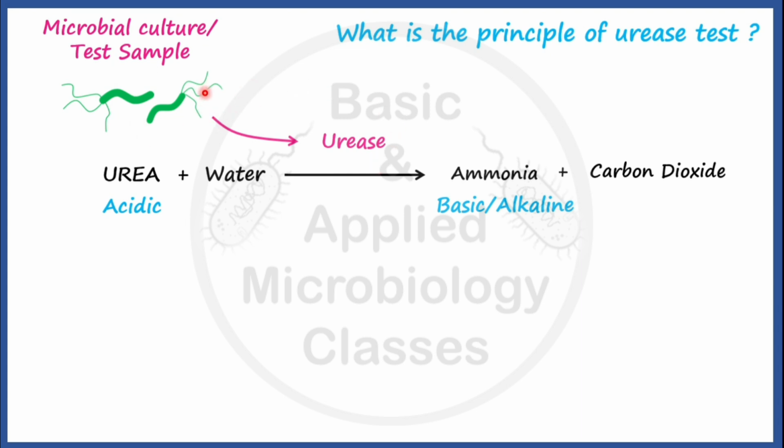culture under examination. Now, to detect the presence of these conditions which are indicating a pH change, we make use of a pH indicator here. And the most common pH indicator used to detect urease activity in the urease test is phenol red. In addition to phenol red, one more indicator is there, that is bromothymol blue indicator. But in most of the commercial testings or kits available for urease test, phenol red is used. Now let's see how phenol red helps us to determine these acidic and basic conditions.